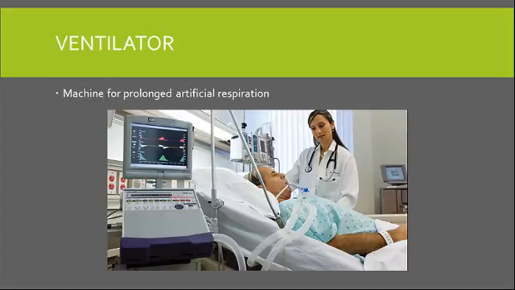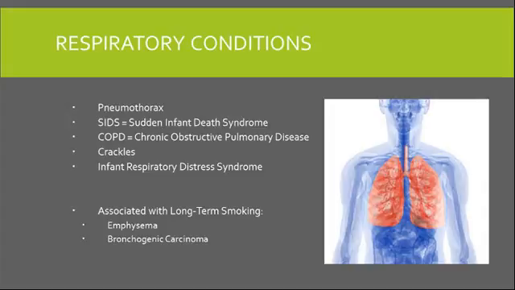And then we have some respiratory conditions I want you to be aware of. The first one is pneumothorax. That is air in the chest, and it may result in a collapsed lung if it's not handled. SIDS, sudden infant death syndrome. This is an unexpected or unexplained death of an infant. Usually they find that there could be a link between sleep apnea, airway spasms, and the failure of the nerves